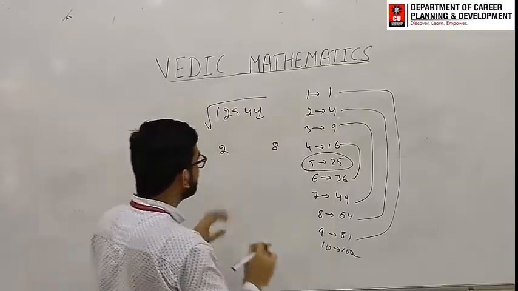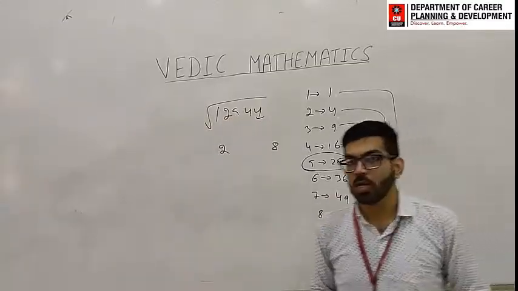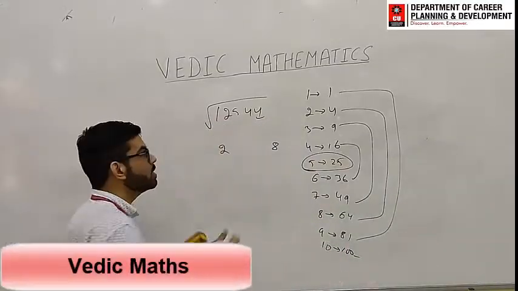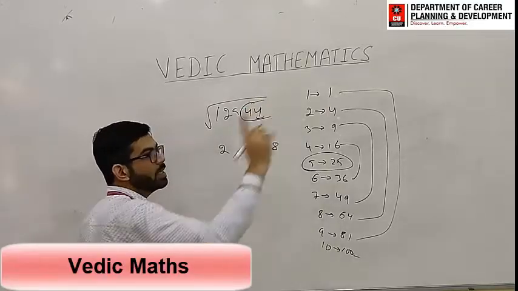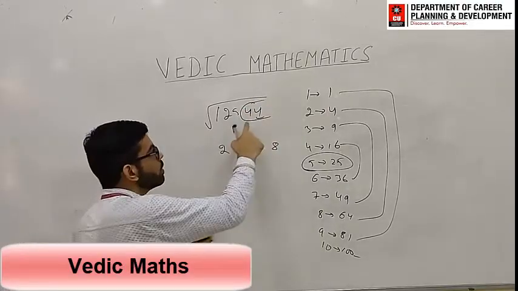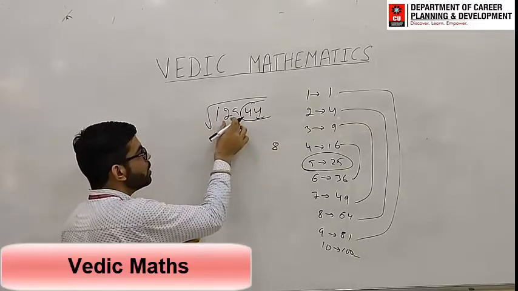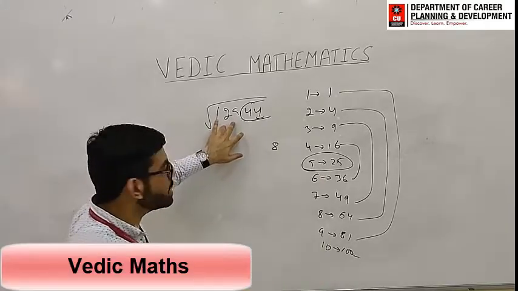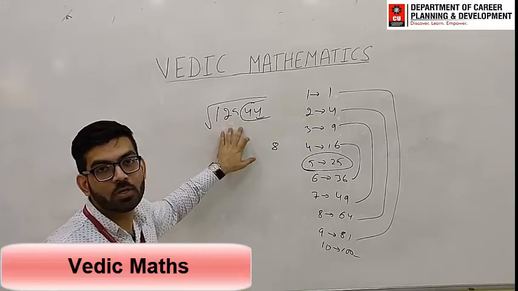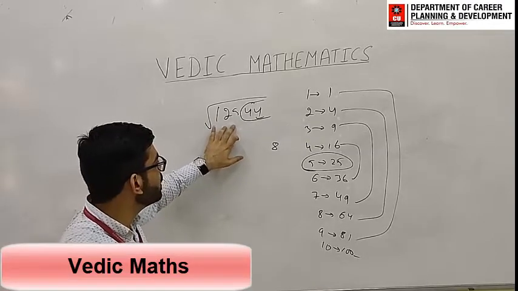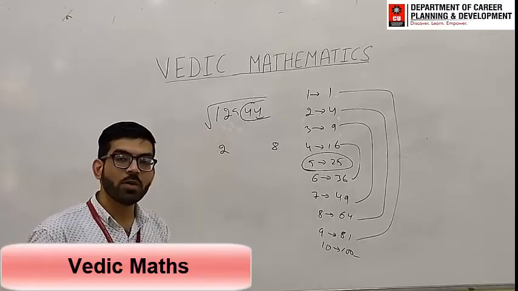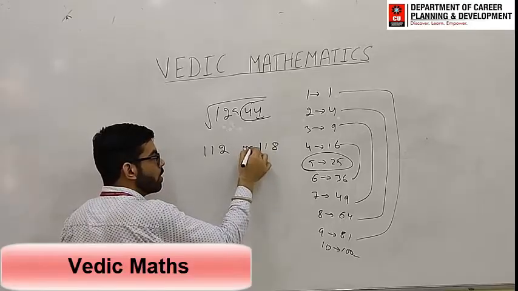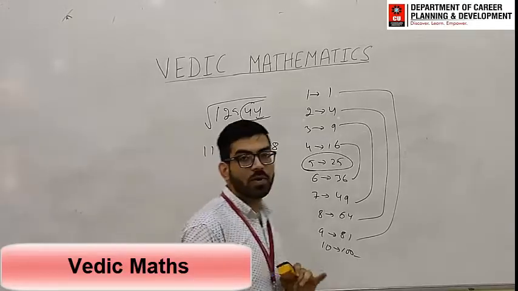So the main question is, how will you find the first digits? You have to find the square root, so in that case, just leave two digits from the right hand side. Square, power 2, leave two digits from the right hand side. The numbers left are 125. Now you have to find a number which is less than this number, and that number should be a perfect square. The number is 121, which is the square of 11. That means the number could be either 112 or 118.